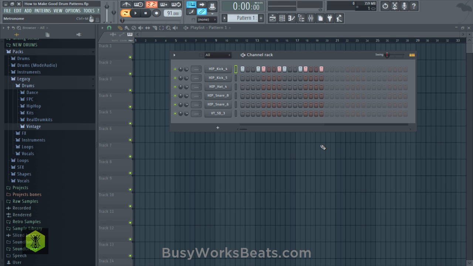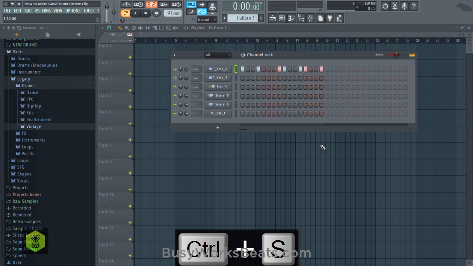It goes bum bum bum bum. I want it to go ba boom, ba boom. Okay, so let's turn up swing and hear the difference. So that's the ba boom, ba boom, ba boom, instead of boom boom, boom boom, boom boom. Okay, so let's just program in the kick. Boom, ba-boom, ba-boom. So that's the kick pattern.